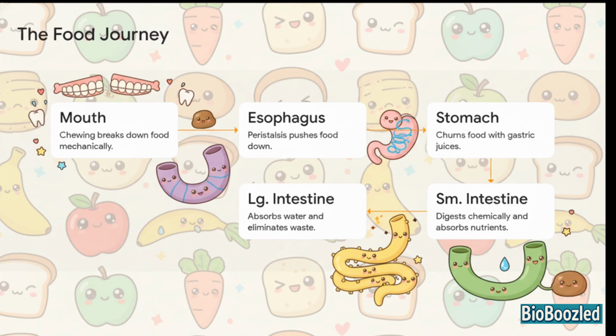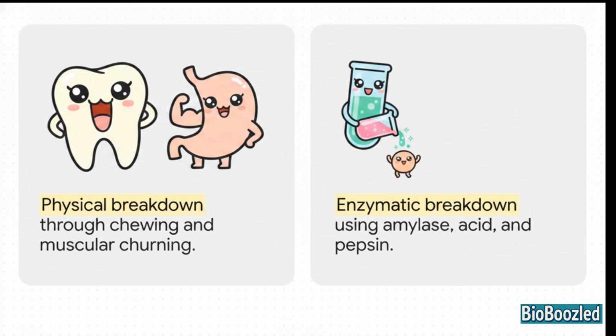Finally, whatever's left hits the large intestine, which absorbs water before eliminating the waste. It's a remarkably efficient assembly line. Now, what's really fascinating here is how your body utilizes two entirely different strategies to process this energy at the